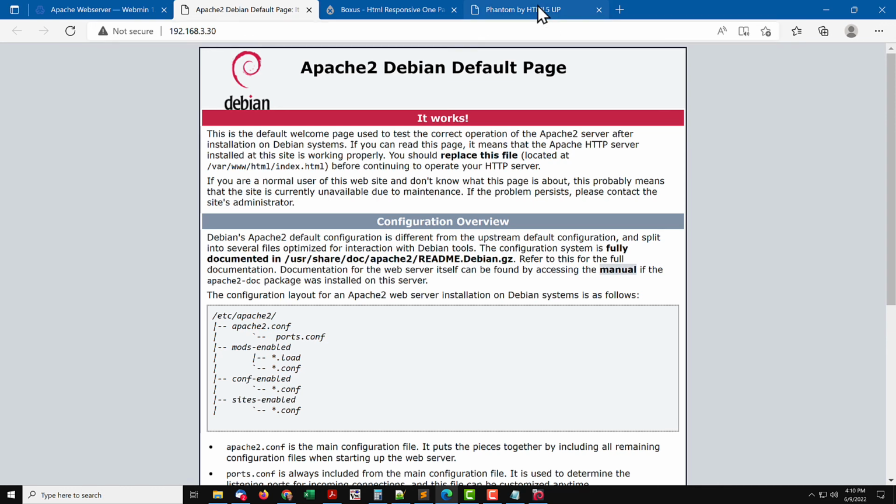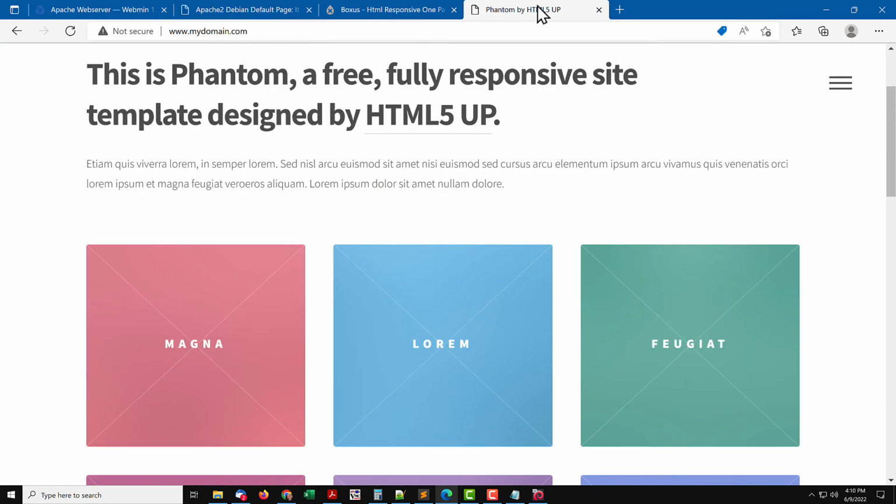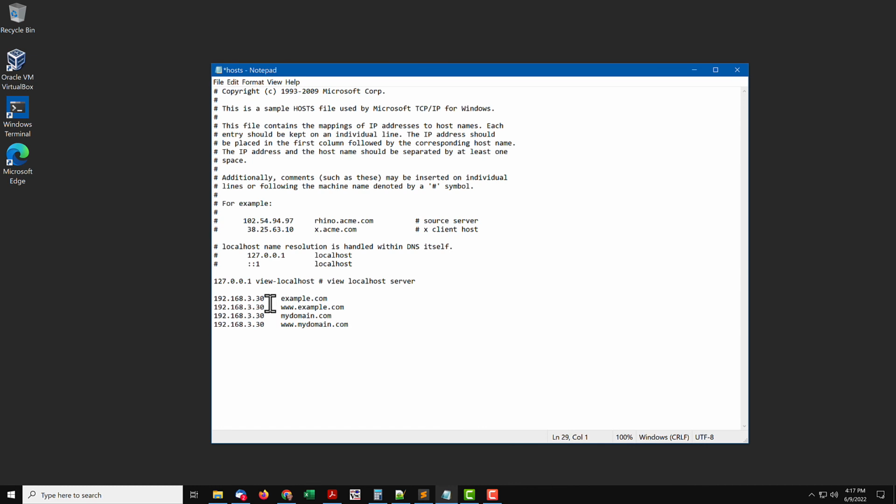You can add as many virtual hosts as a server can handle. That all depends on its available resources, but I imagine even a wimpy server could handle very many. Once you're done, you'll want to go back to the hosts file and remove the entries we added. Save it and close Notepad.